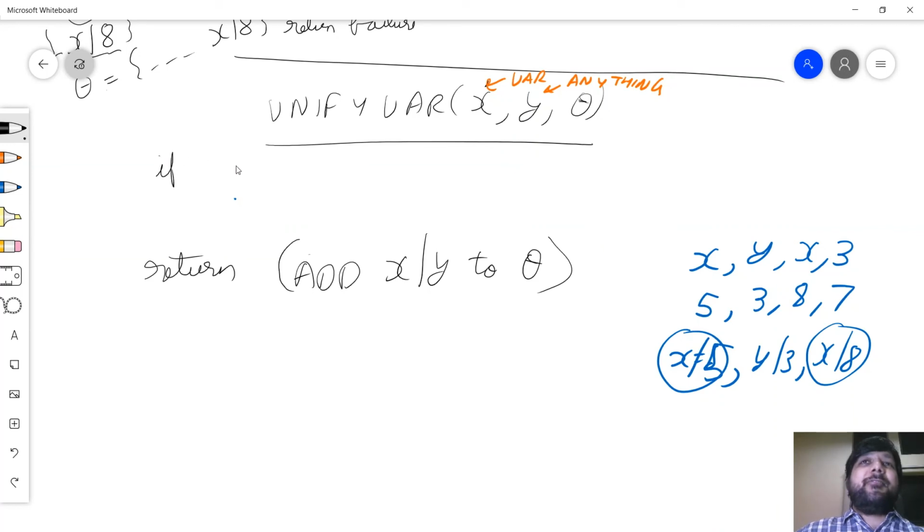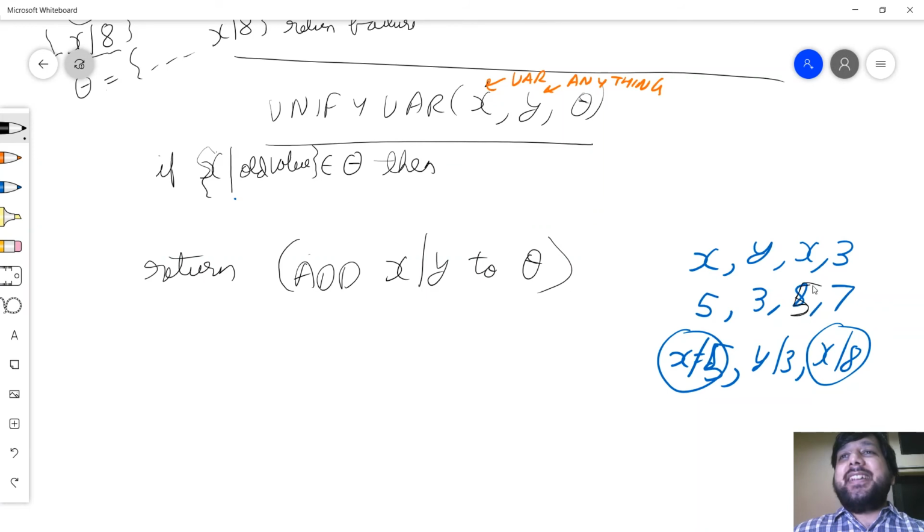So if your variable already has an old value in your substitution so far, then I cannot call it a failure, because if x was honestly 5, then it would have been a success.